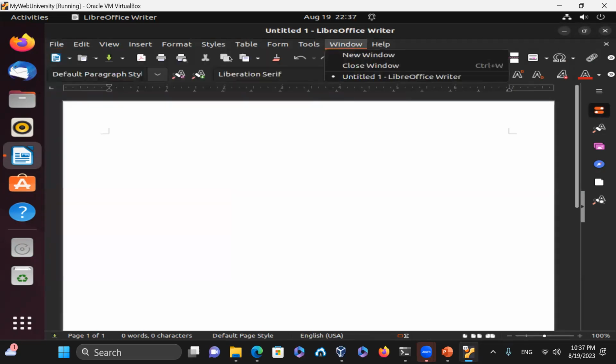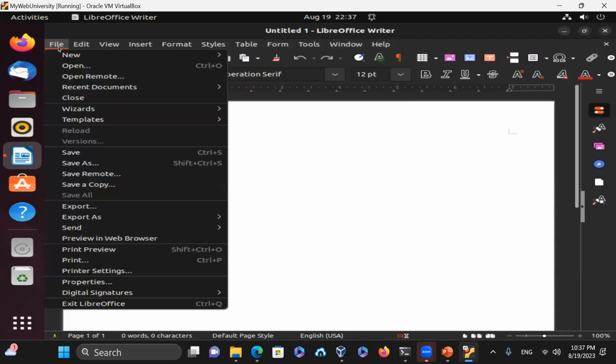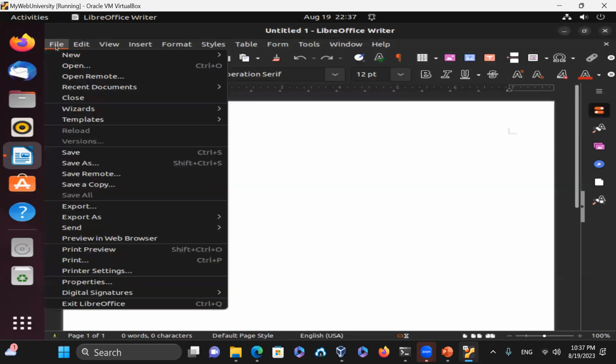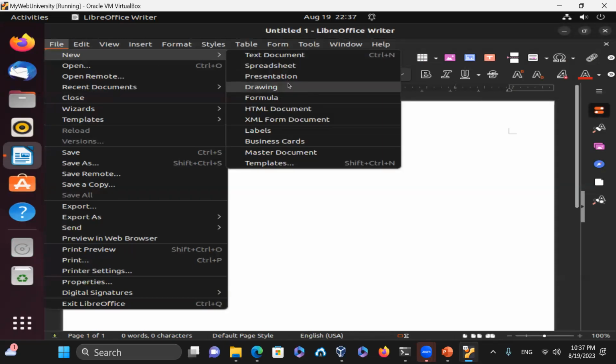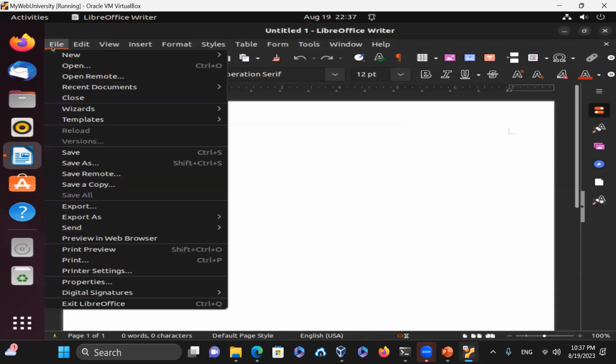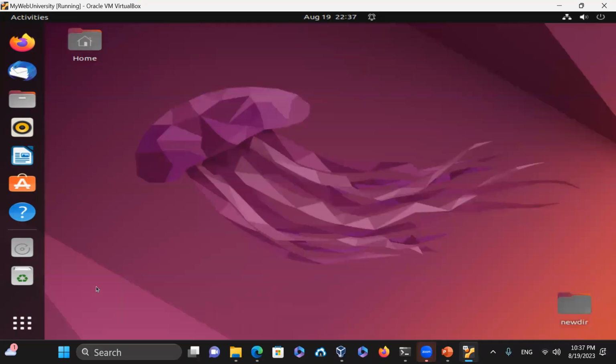If you want to just open a new one, you click under File, New, and then under New, you have the option of selecting one of these applications. So a formula or XML or HTML, anything that you have there. Business cards and labels, you can do all kinds of things. So if you say, well, that's good, I can close this one, exit out of LibreOffice, and then from the command